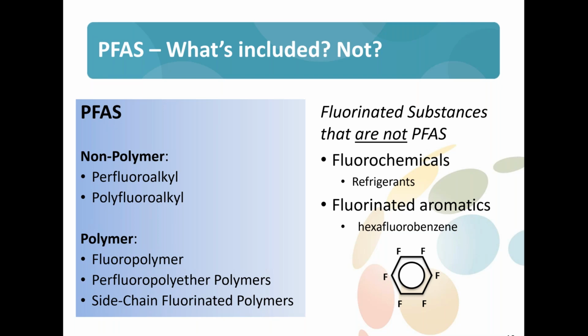Likewise, fluorinated aromatics, things where fluorine's on a cyclical bead like this nut that looks like a bolt for a nut for a bolt here. This is hexafluorobenzene, and that circle in the middle lets us know that this is an aromatic compound. That's what chemists know. Fluorine is put on a lot of aromatics, and those aromatics largely are pharmaceuticals, pesticides, and other things like that. Those substances, again, have very specific, deliberate regulatory frameworks, guidelines, and assessment methodologies. They are not included in the category of PFAS.